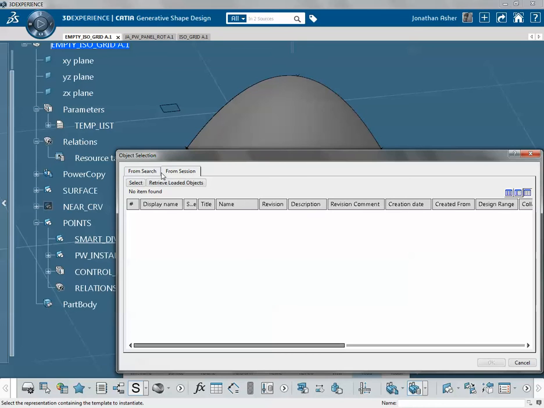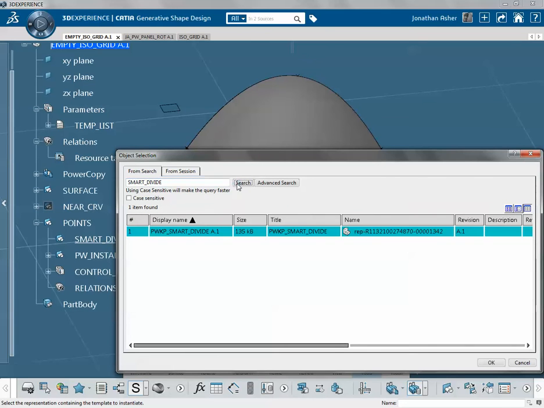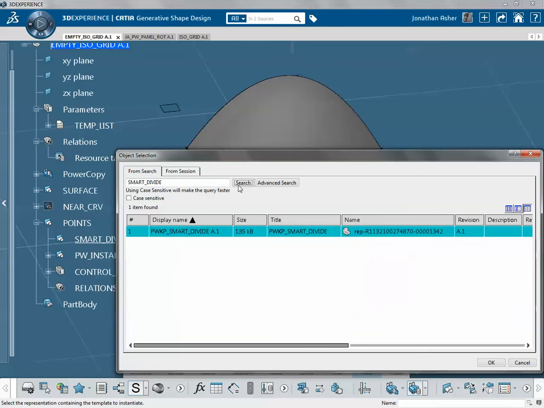And now we're going to search. So go to the search tab and just type in smart divide and search. I've got nothing. Try an underscore and search. Now there's PWKP smart divide. Double click on it,